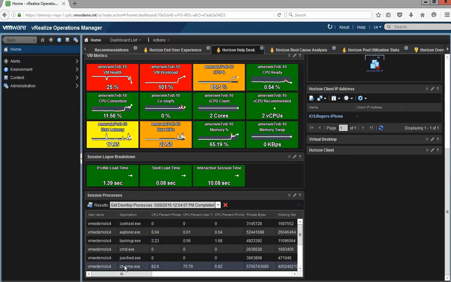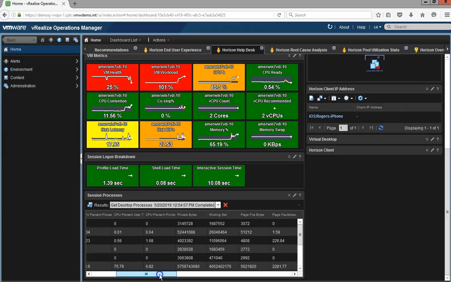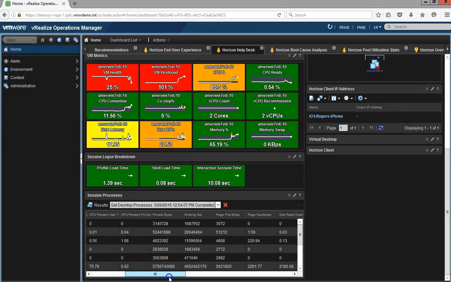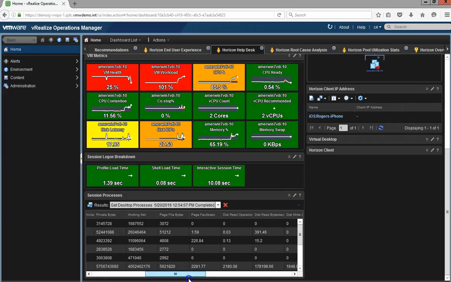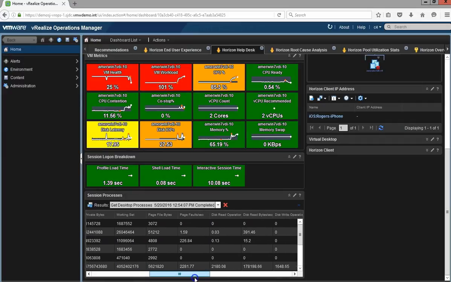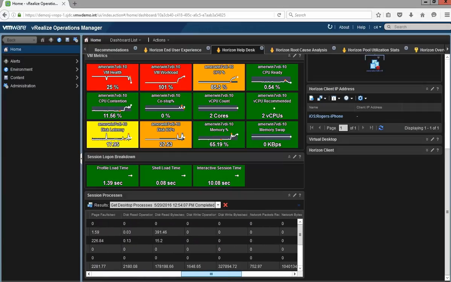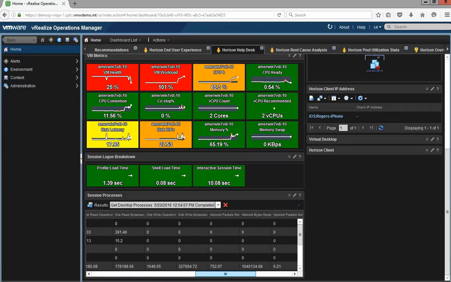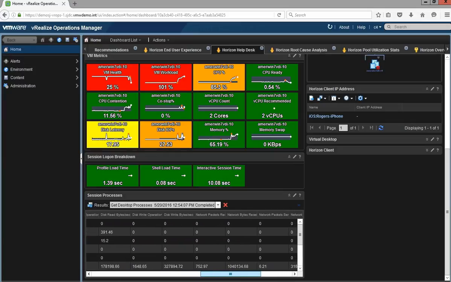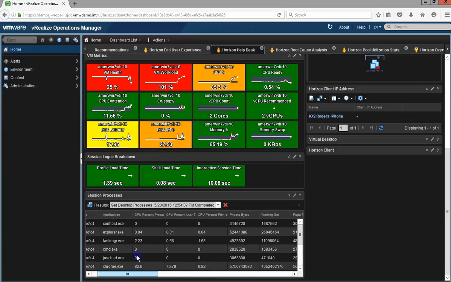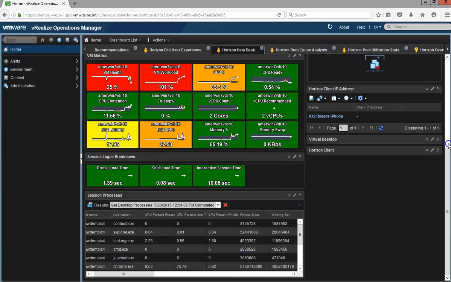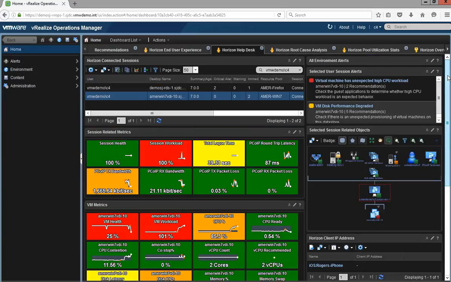So if I look here, I can see that, hey, Chrome is demanding 82% of my processor time, right? That is a lot. If I look at working memory, it's driving the most amount of memory. If I look at disk I/O operations, it's definitely demanding the most disk read and write operations out of any other process going on. And also driving the most network packets being received and sent throughout the environment. So again, I was able to, within a matter of a click,